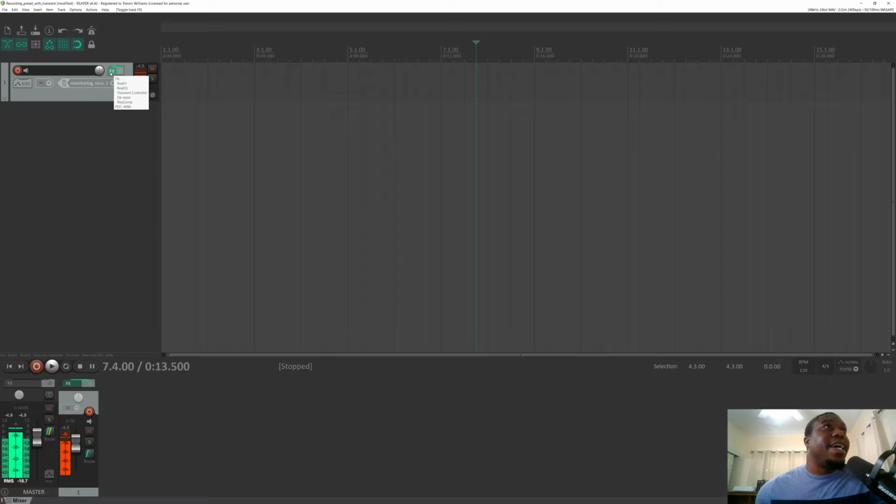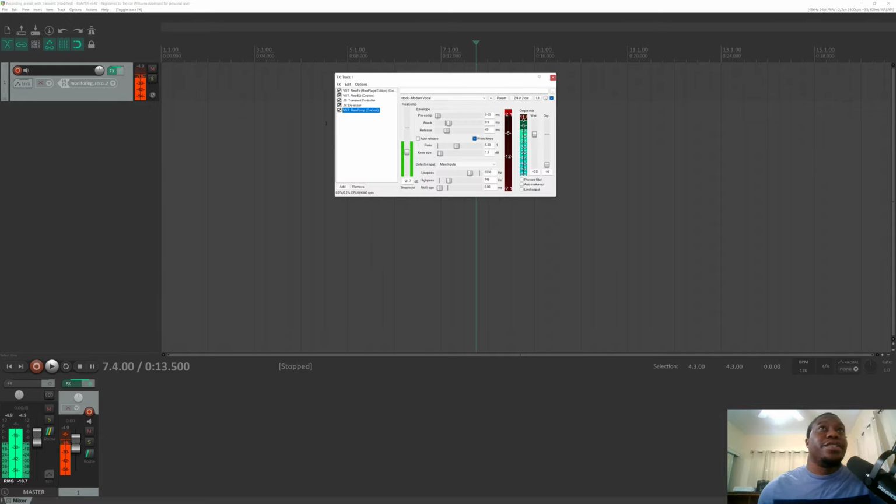Now, what you're going to want to add to that channel are effects, and Reaper came with a whole suite of plugins called ReaPlugs. I'm going to show you the plugins that I'm using. I'm not saying these are the ones you must use for your situation, and I'm not necessarily saying that these are the settings that you should use, because everybody's situation is different. Like I said, this is what is working for me in an untreated room with a lot of ambient noise. So you might end up not needing as many things as I do, or you might end up needing more, but at least I want to plant the foundation